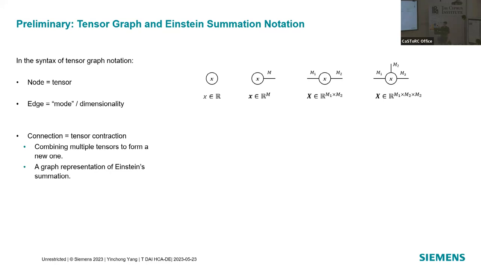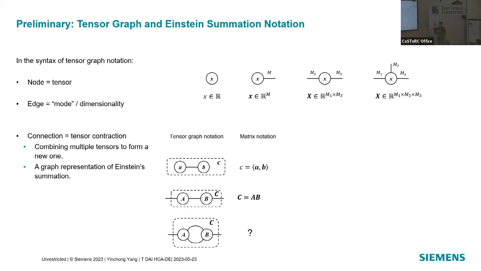So these are the operations with which we combine and merge multiple tensors to formulate new tensors. Here we see an example. In this notation, we actually see two nodes, A and B, and we see that A and B both have edges coming out of them, meaning that A and B are both vectors, but they share